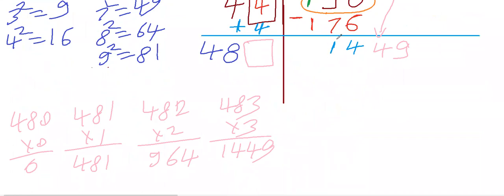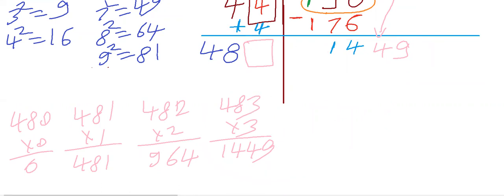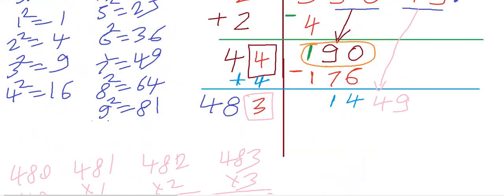And then here what number will you put? 1449. Where are you getting this 1449? Are you getting it here? Yes, I am getting it here. So what should I write here? I should write 3 here. Okay. So in this box, I will write 3, and the same number 3 I will write here also. Then I will get answer 1449. Next step is minus.